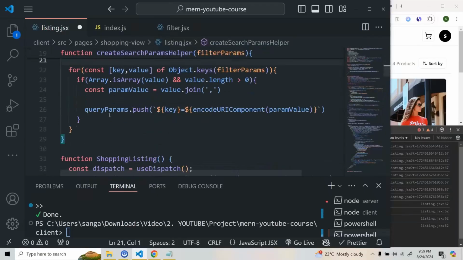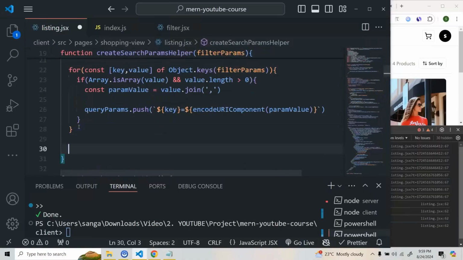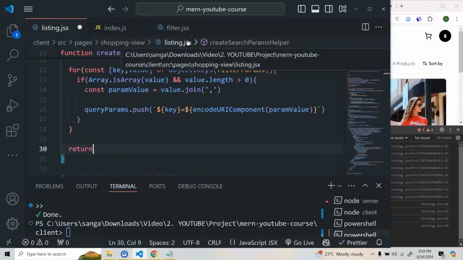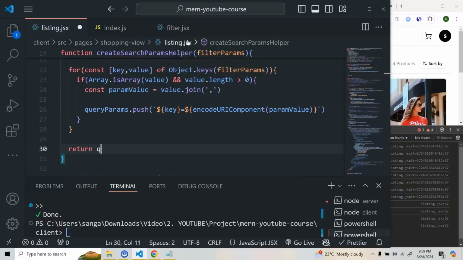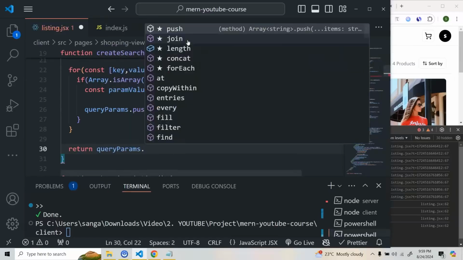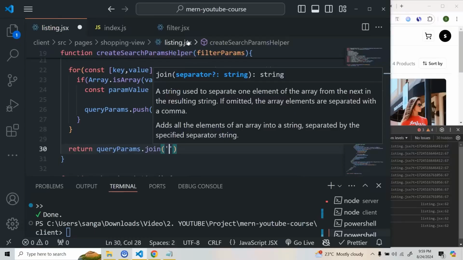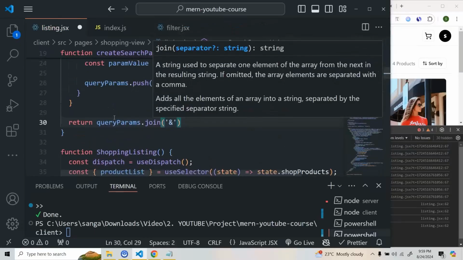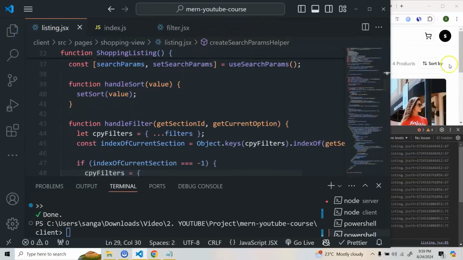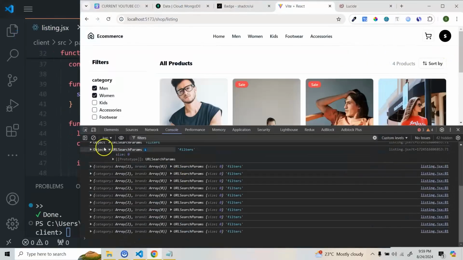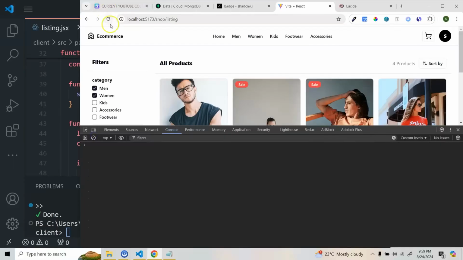So it will automatically push it, and after this we'll return, because we have multiple, right, we have category, we have brand. To separate the different sections, we'll join it with &. So we'll do queryParams.join, and here we are going to join with &, so that there will be a difference. You'll be able to understand what exactly we are doing. Now if I save it, and if you see, I refresh this,